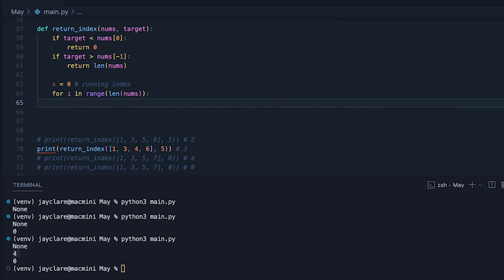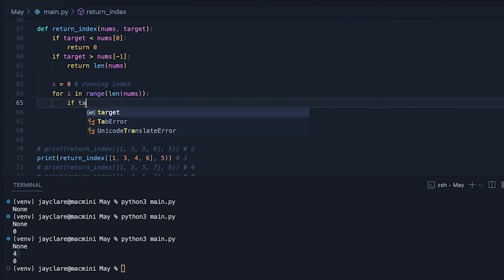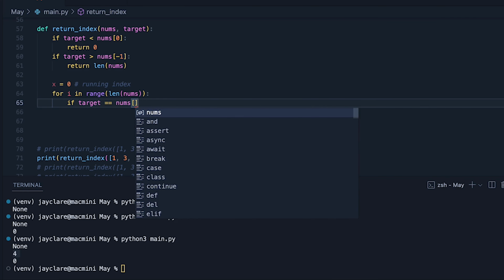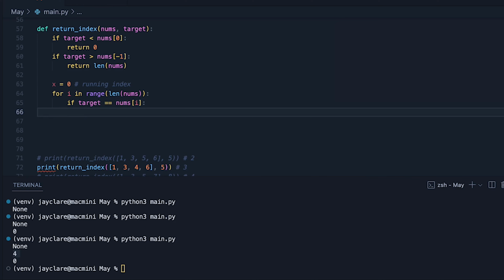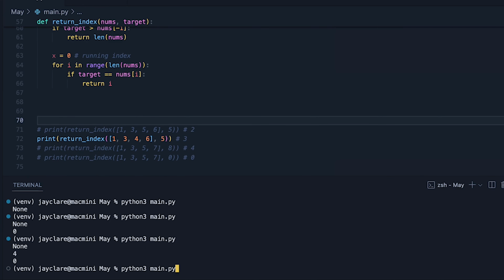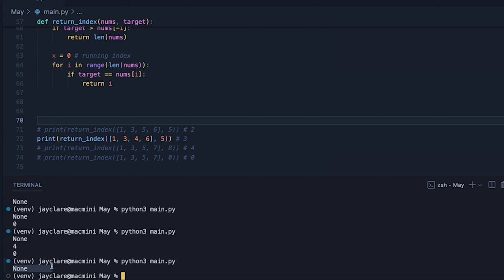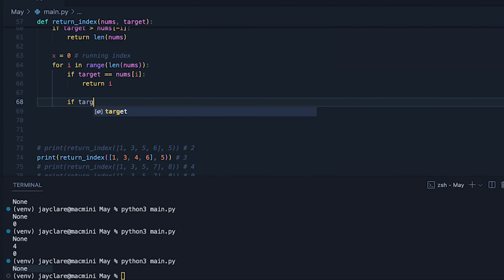And this first one's just going to be doing the checking to see if this is inside my list here. So we'll do if target happens to be equal to nums of the current index we're looking at, return that index. So at this point I'd still expect to see none, so this shouldn't be really doing anything here. And then what I want to do is this here, so let me type it out first and I'll explain